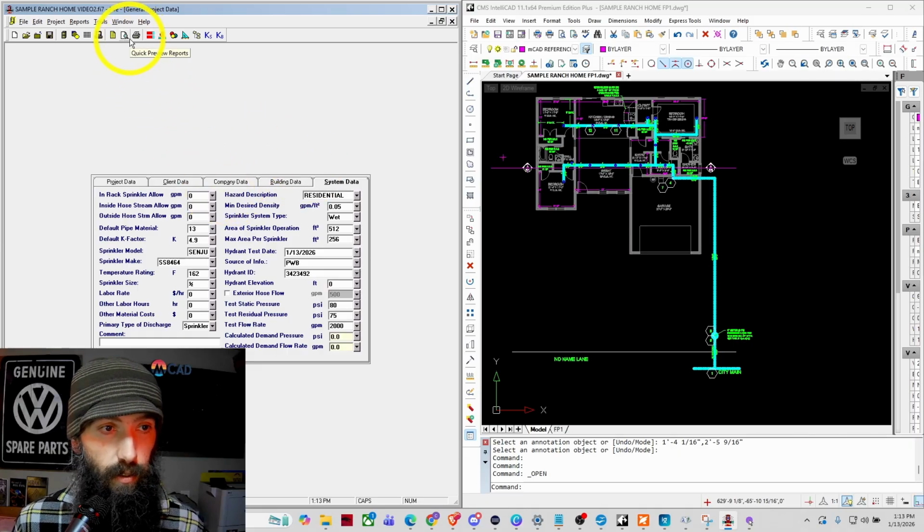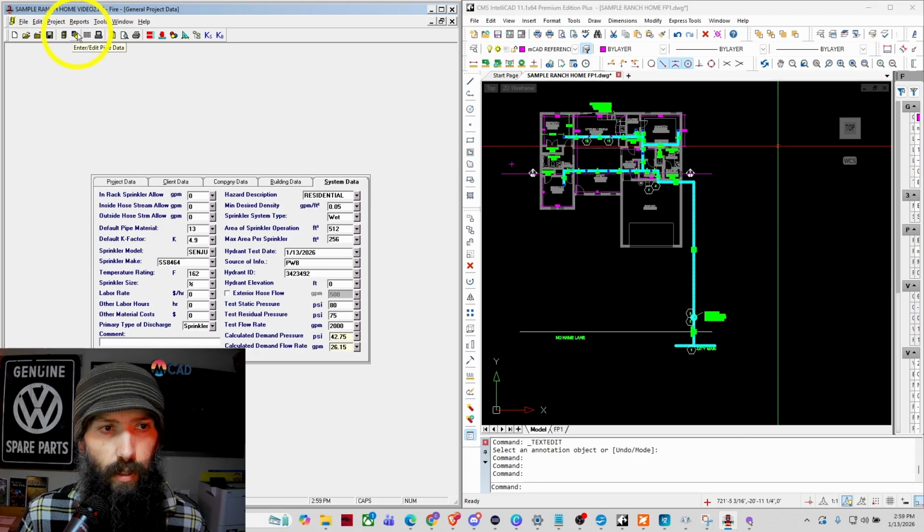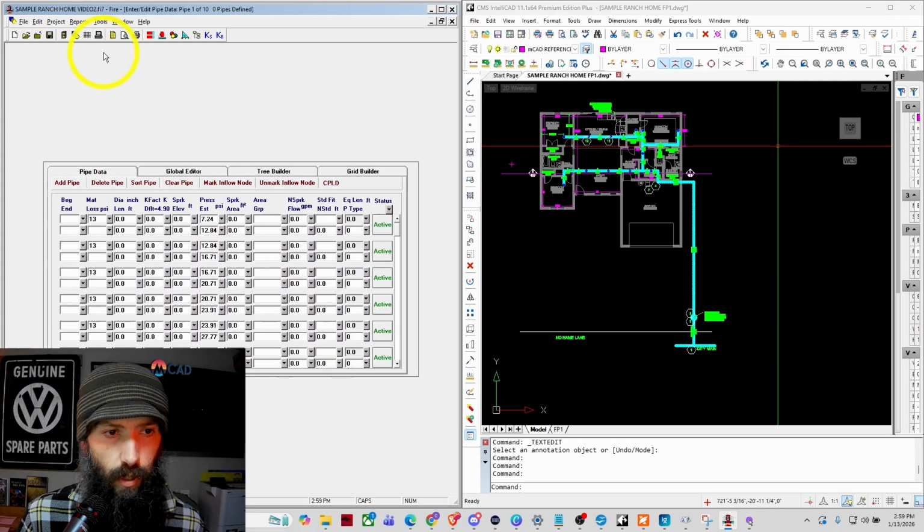There's certain things about this that are a little bit different from other calc software that I'm not really sure why you would want, but for this simple 13D calc, we don't really have to worry about a lot of that. There'll be a lot of boxes that we'll be going through and just saying we don't have to worry about that. All right, I'm going to go ahead and click on Enter Edit Pipe Data now, and we'll start entering our